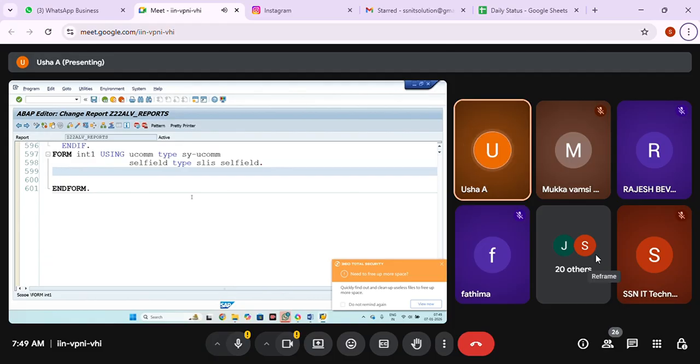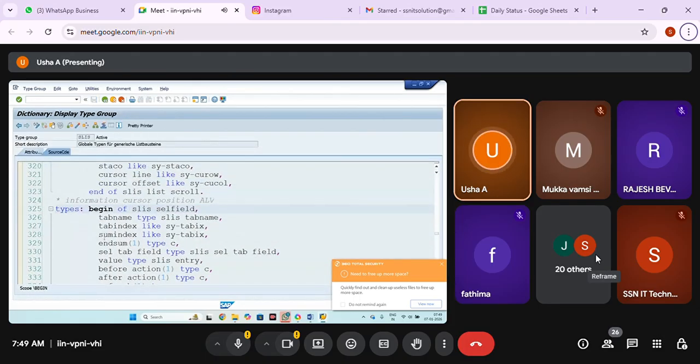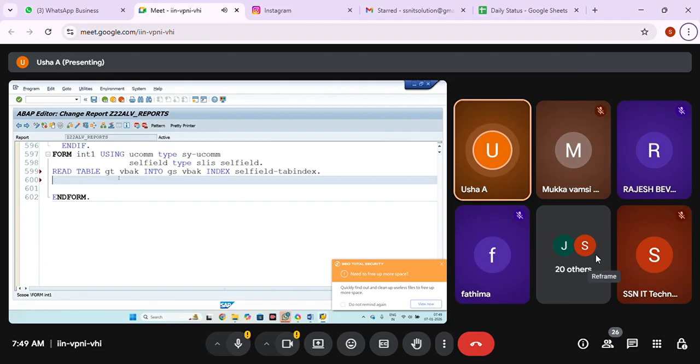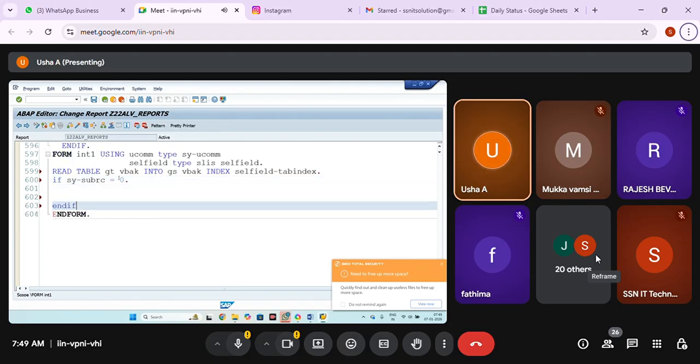Okay, now I'm just going to take the index number, and I'll write the code. I'm just going to use tab index and I'll write the code. For another one, I'll take the value and write the code. So when I know the index number, what I need to do? Read table ZKVBAK into GSVBAK index, where it is in the cell field hyphen tab index, whatever index is that, pass it. If SY-SUBRC equal to 0, then end if.